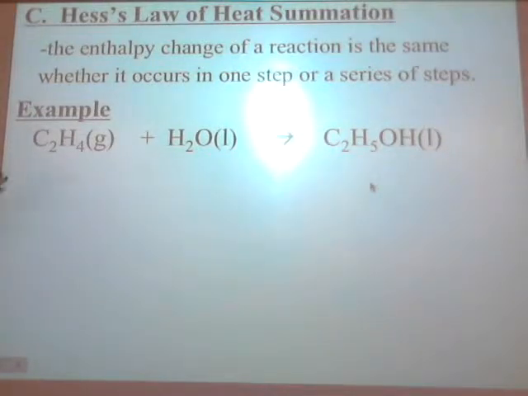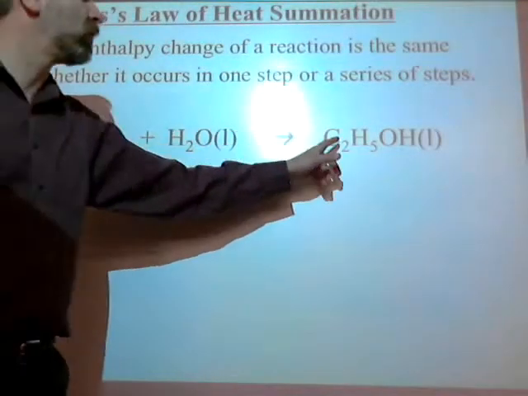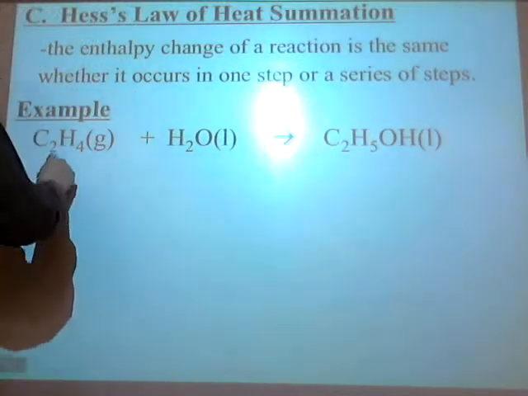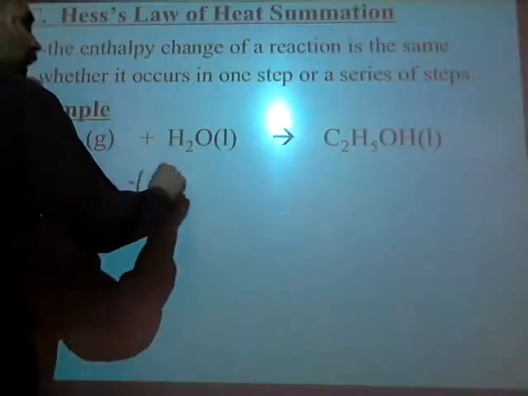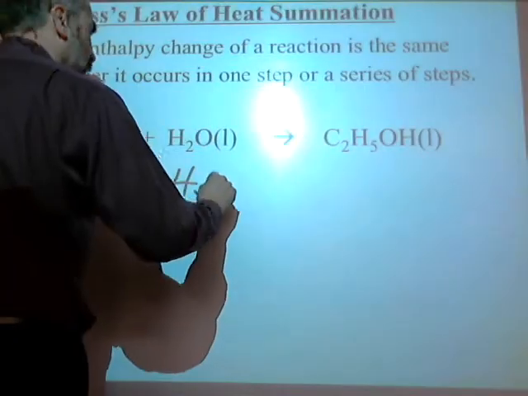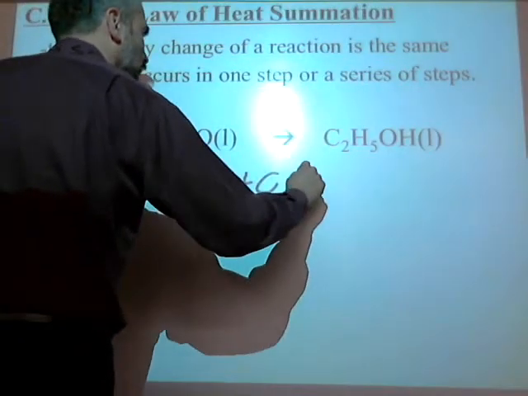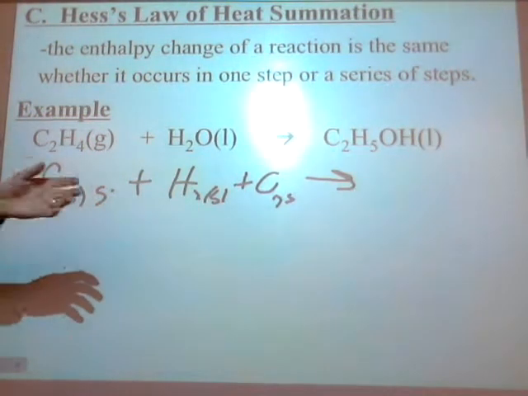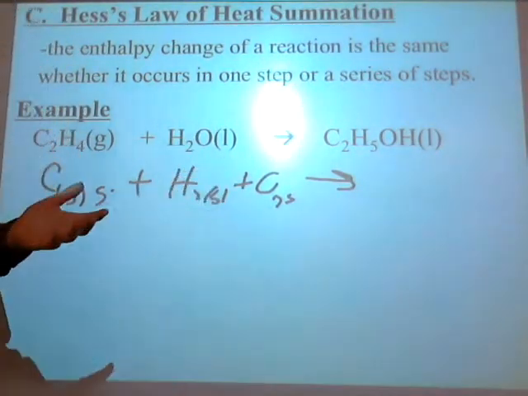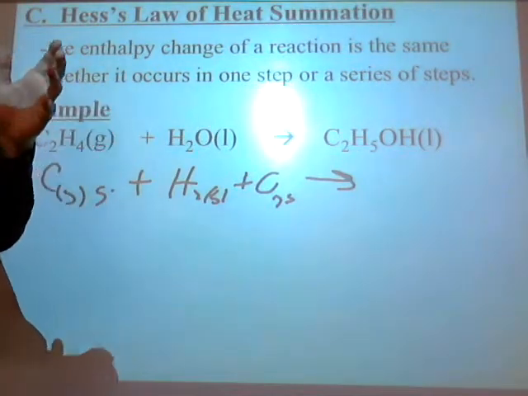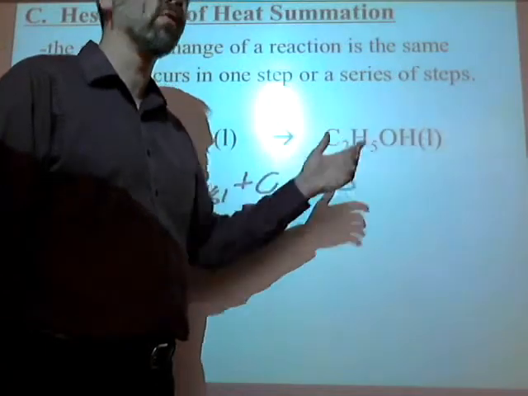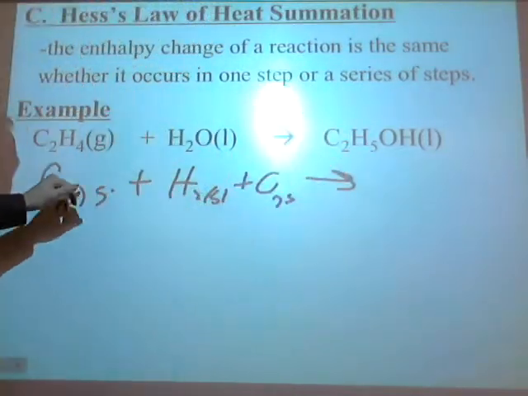Here's the deal. None of these guys are in their standard states. If I were asking you to make C2H5OH from its standard state elements, you would have had to write C, solid, graphite, plus hydrogen, gas, plus oxygen, gas, yield. And the reason that would work, and I can get the amount of energy it takes to do it that way, is that all of these, when you look them up, are zero. The only guy that's got an energy associated with him is this. So that's how much energy it takes to make C2H5OH if you make them from your standard state elements.